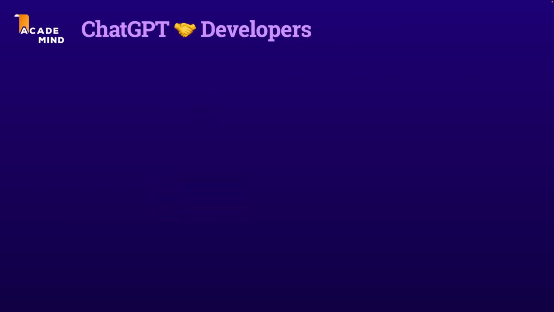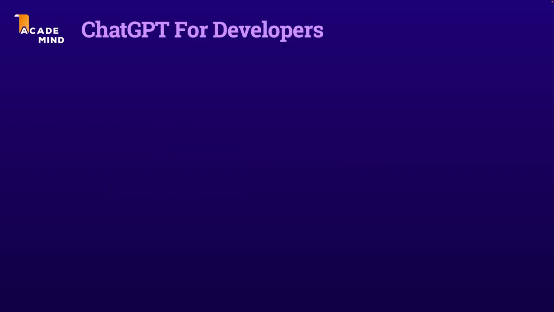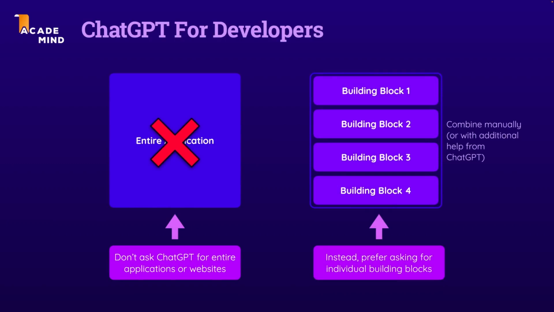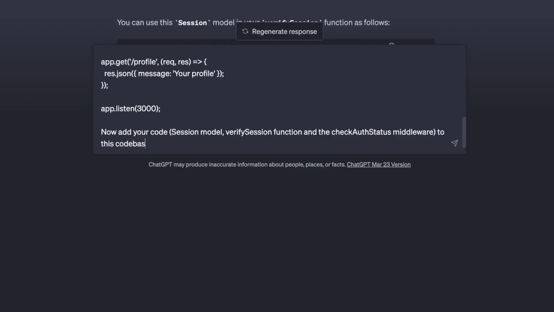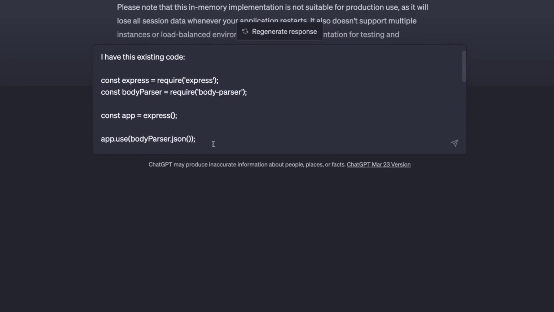But in my experience, ChatGPT shines even more if you do have programming knowledge, so if you are a developer, because then it can massively boost your productivity. Now, as you learned in this course section, as a developer, you will most likely not use ChatGPT to build entire applications, but instead you'll use it to build those individual building blocks, which you then typically combine manually, though as you also learned, you can of course also use ChatGPT to merge code for you or to at least help you with merging that code.